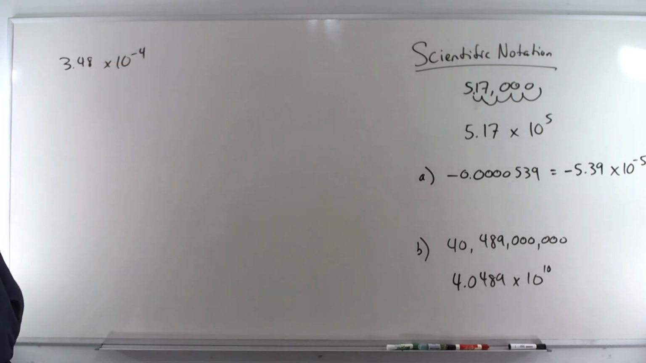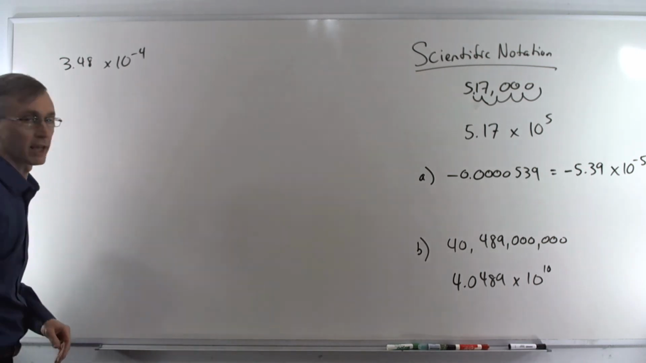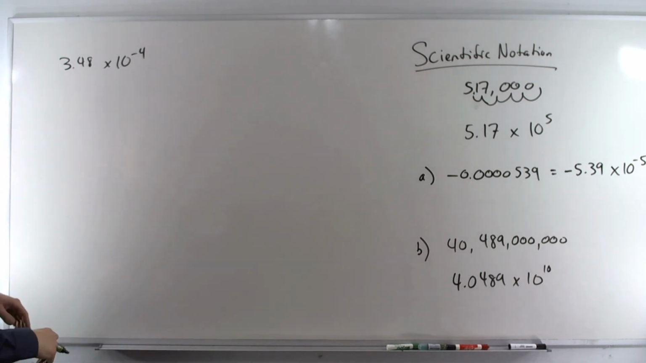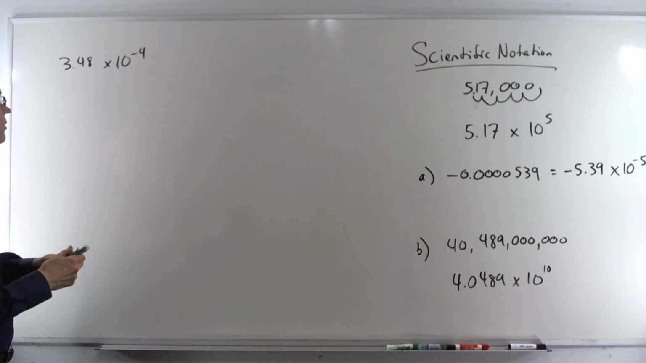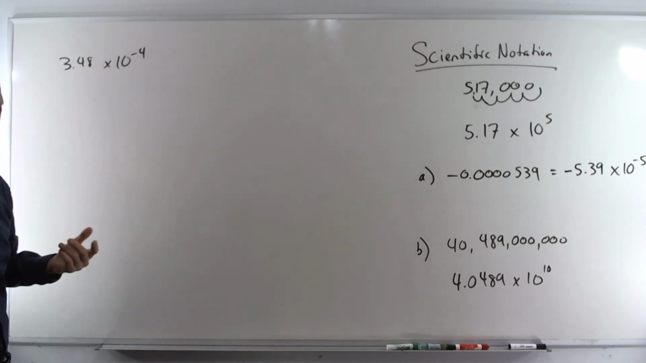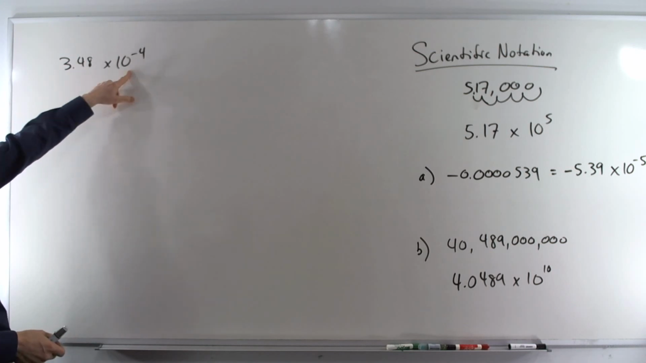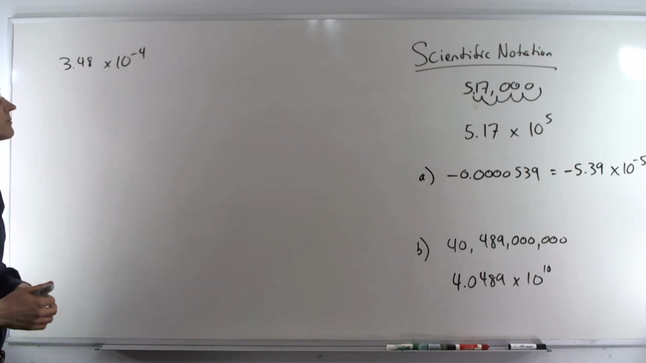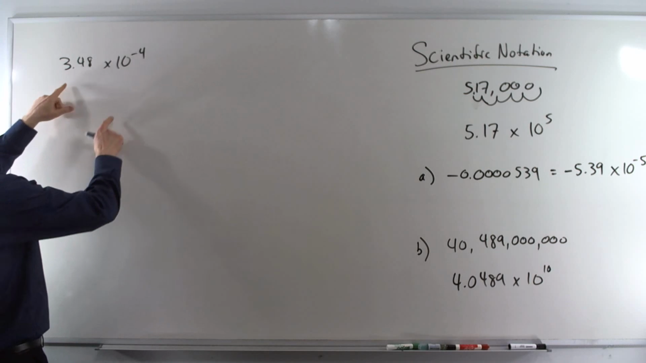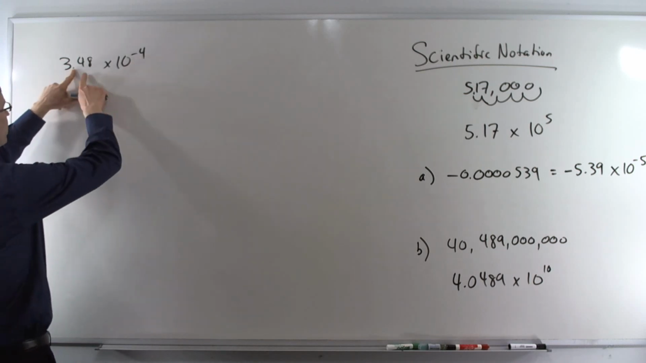Next example, we're going to convert 3.48 times 10 to the negative 4 into standard notation. One way you can do this with your calculator, the x actually does mean multiplication. So you could take 3.48 and multiply it by 10 to the negative 4th, and you get some decimal answer. Another way to do it is, we have a negative exponent, so we want to make this thing smaller, so